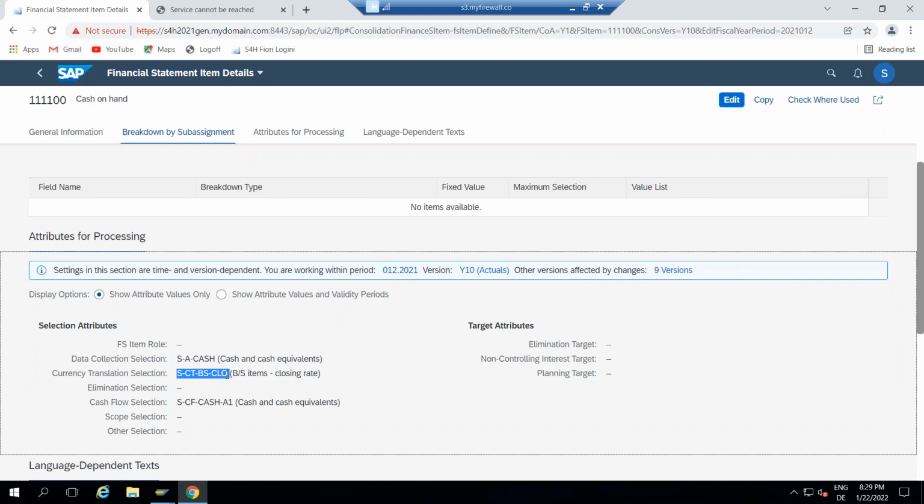If you want to define everything from scratch, it has to be all done, and defining the FS items alone will take more than 1 year. So it is very tough. So SAP says to use the existing standard FS items only, so there won't be any changes. If you want, you can copy the FS item and create a new FS item. That's it.